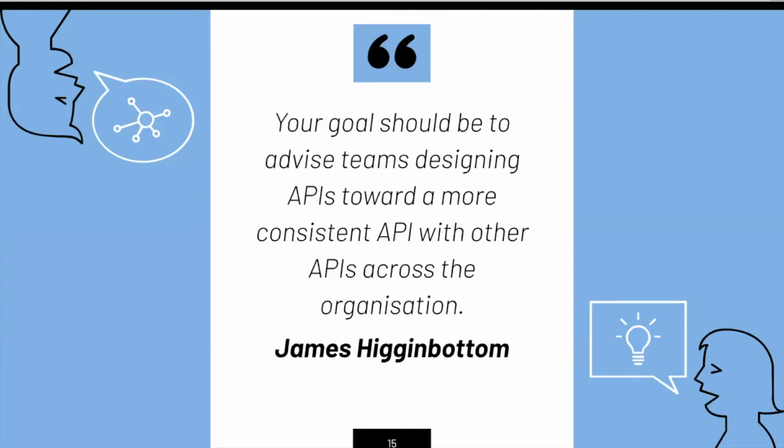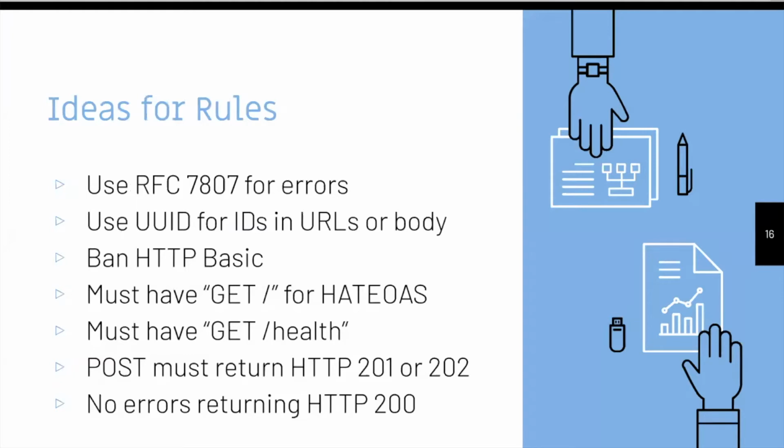So, converging on consistency across all the APIs. The sort of things that those style guides can contain are a huge array of different things. Something like picking standards that your organization should use. So instead of having 100 different, slightly different error formats, you could say everything should use RFC 7807. Just solve that problem, done. Everything should just use that.